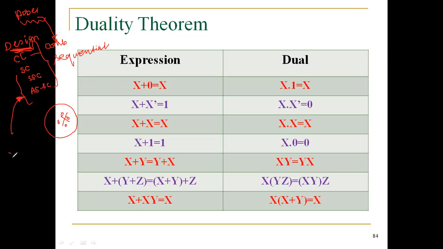For example, counters are the best example of sequential circuits, or registers, in particular shift registers in digital. So these are all examples.